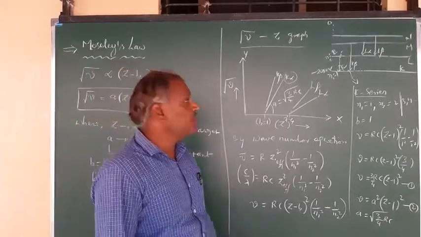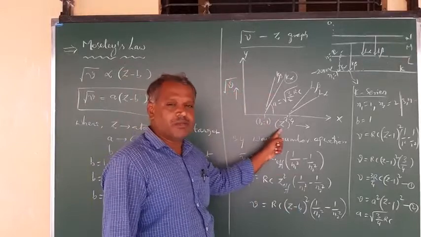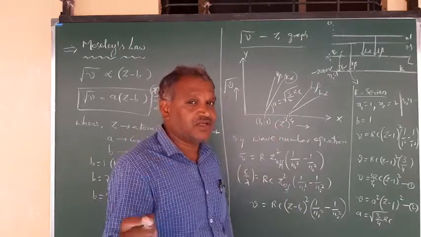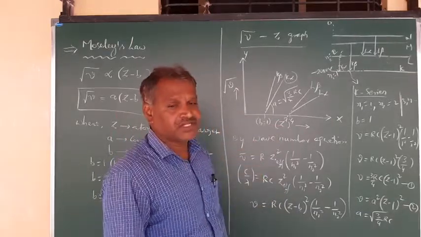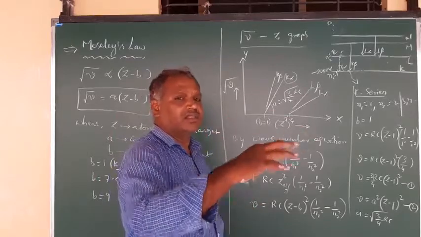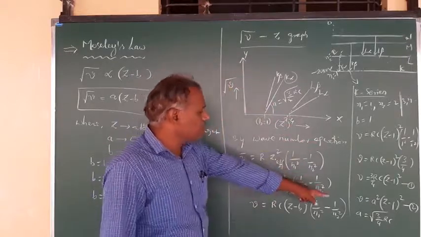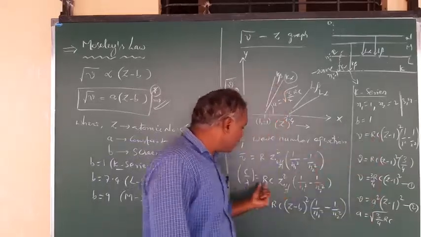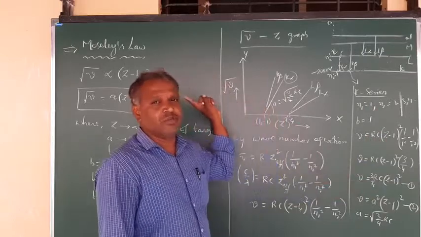For drawing the graph between the square root of frequency versus atomic number, when you draw the graph, straight lines can be obtained for the respective series. The K series will have the highest slope compared to the remaining series, and in the K series also, the gamma or delta, that is the higher order transitions of electrons, will have more slope. That you can observe by using this calculation made with respect to this wave number equation. We just compared this equation with the equation given by Moseley.